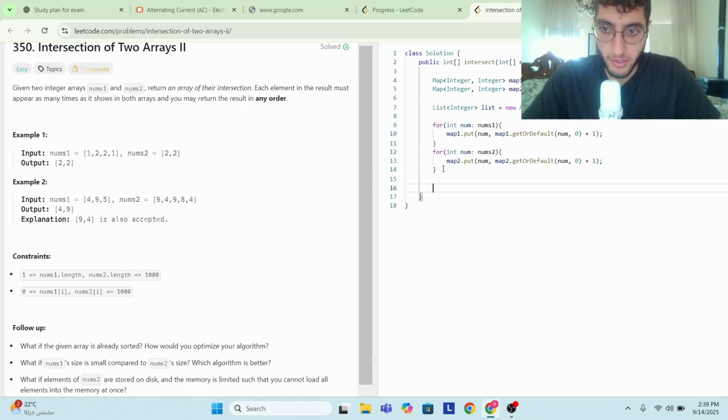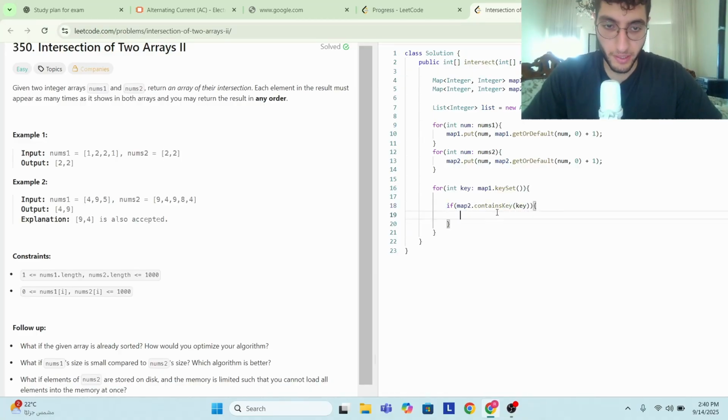So now we need to iterate through one of our key sets. It doesn't really matter if we do map1 or map2, so let's just do map1. So for every int key in map1.keySet, what are we going to do? We're going to check if map2 contains this key. So if it does contain that key, what are we going to do? We need to add it to our list the minimum number of times that it appears in either map1